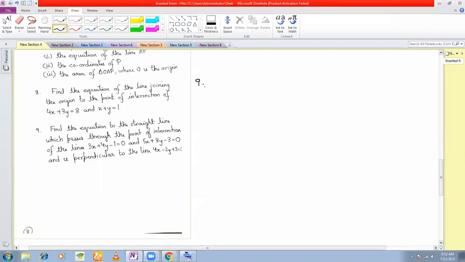Question number 9 states: find the equation of the straight line which passes through the point of intersection of the lines, and two lines are given, and is perpendicular to another equation that is given. Okay, so let's write down the equations of the lines first. The given equations of the lines are